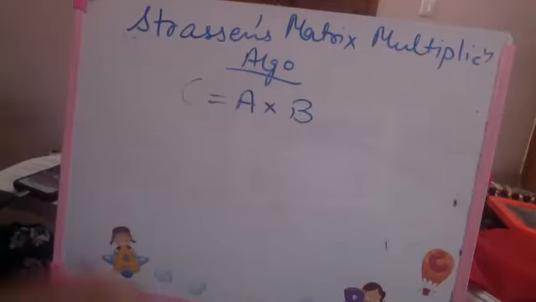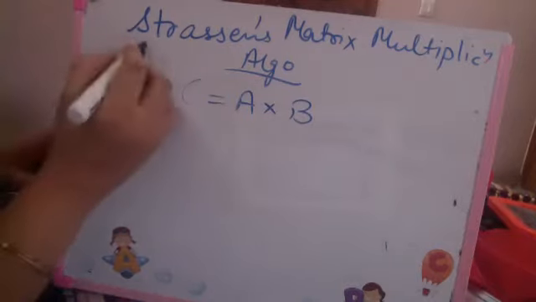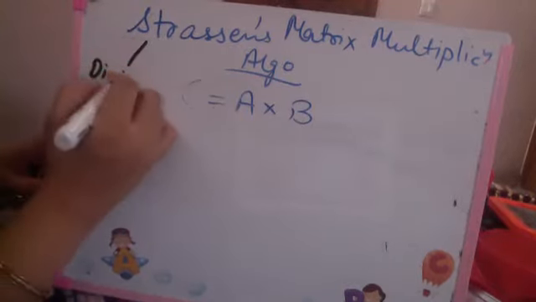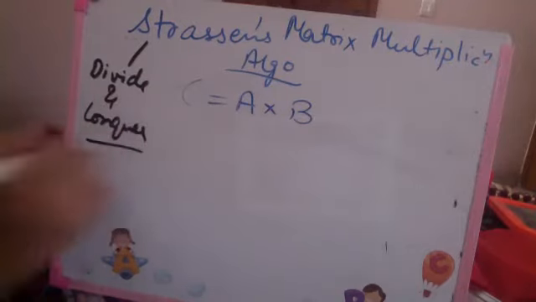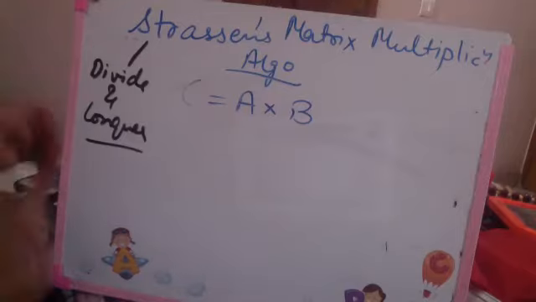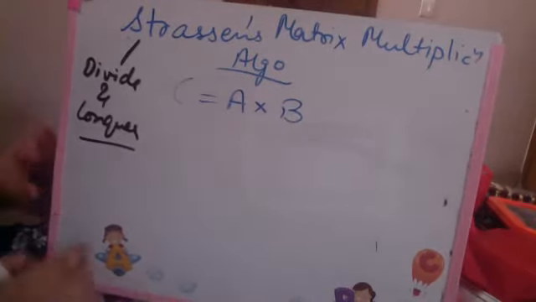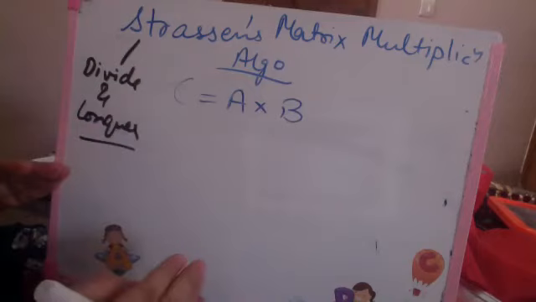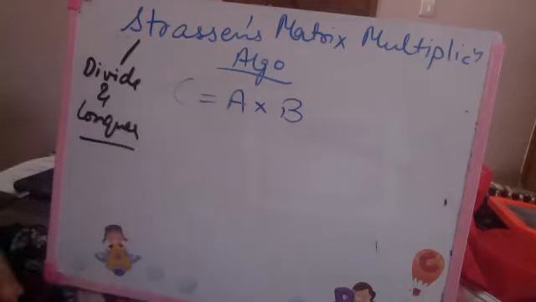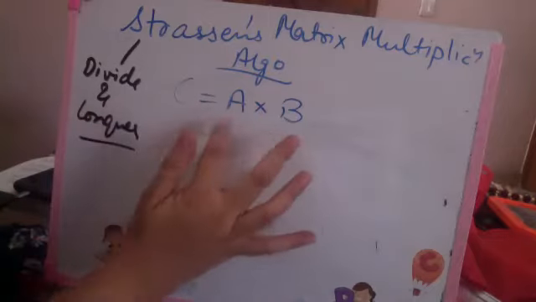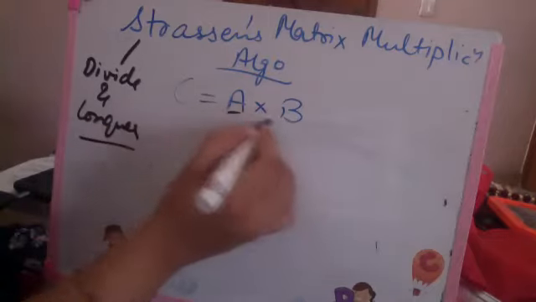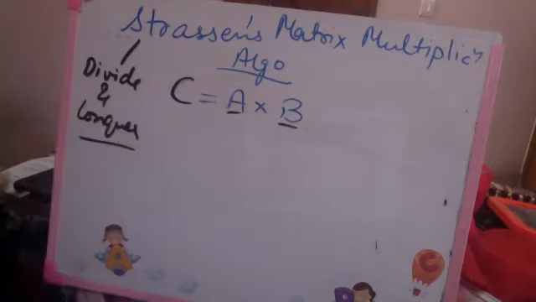So class, we are beginning with Strassen's matrix multiplication algorithm. This is another type of divide and conquer approach. What does the divide and conquer approach do? As you all recall, it bifurcates the problem into subproblems and reaches a result in the same manner. What is the basic matrix multiplication problem? I have two matrices, A and B, and I am multiplying them into a third matrix, C.